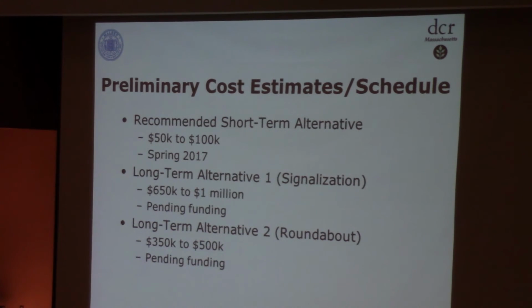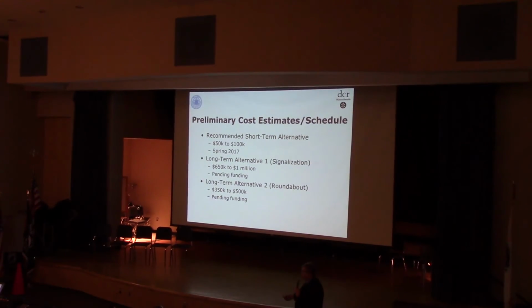We've seen some alternatives for the long term. We wanted to give you some preliminary costs and schedule information before we get to any questions and answers. These are preliminary because, as we mentioned, this study was the first thing we had to do in order to make the next step. The next step would be final design of the short term and final design of the long term. But in general, for construction costs, either of these short-term alternatives, mainly the recommended one because it does less striping, we're looking in the range of $50,000 to $100,000, which we have identified in this year's budget of our general striping, that we could go out in the spring